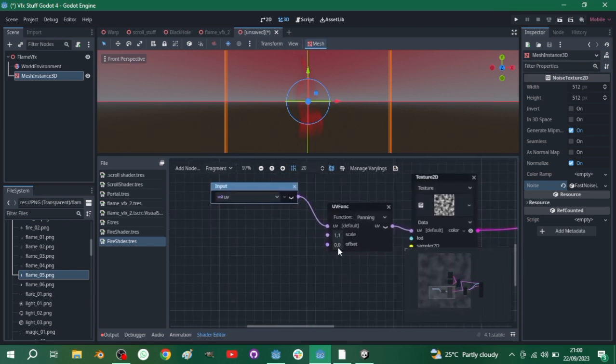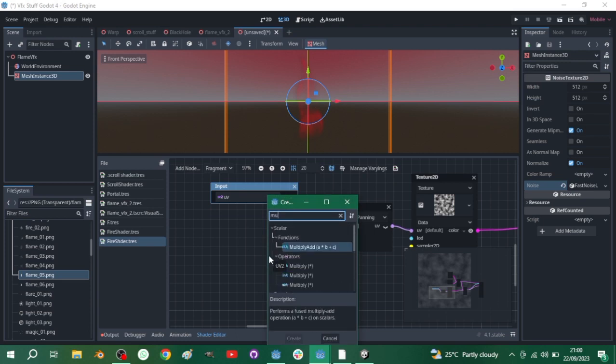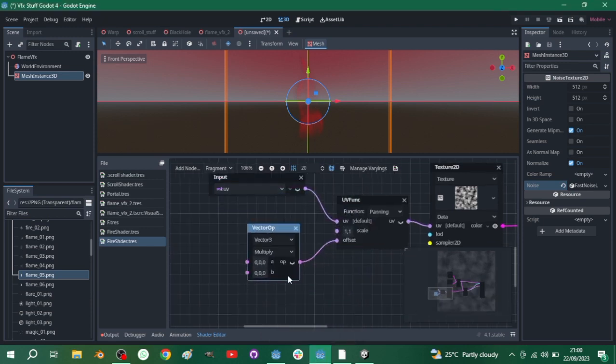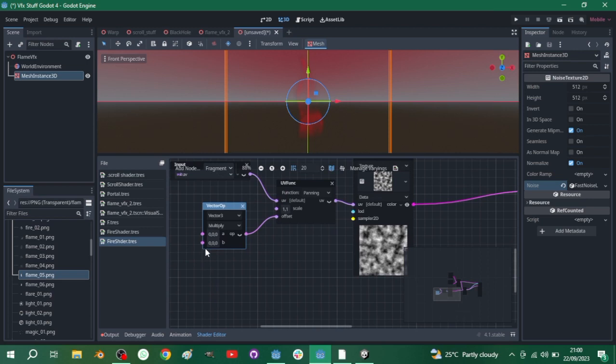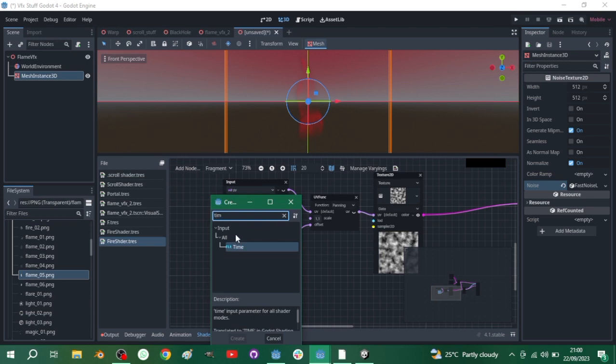Next is the offset. Offset is basically the position of the noise texture node in time. So if we drag that out, again we are going to be using a multiply node, because if we use only the time, nothing actually happens. So connect that. We need a controller. That's why we are multiplying the time value by the vector inputs to be able to animate it. And let me drag it out a bit so you can see the noise texture. And if we add a time node,